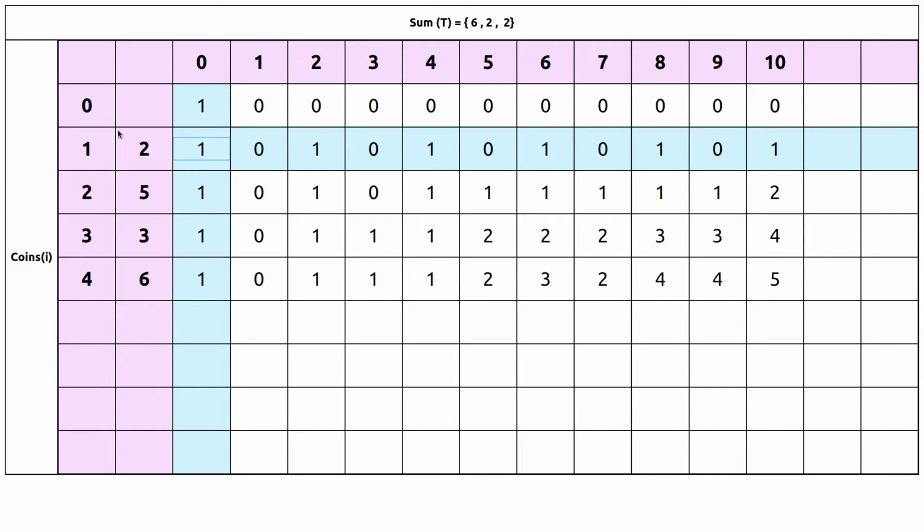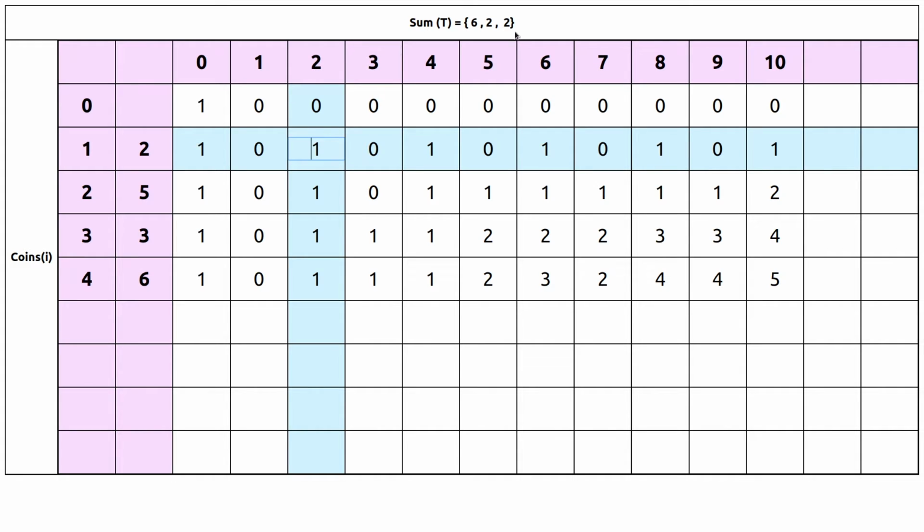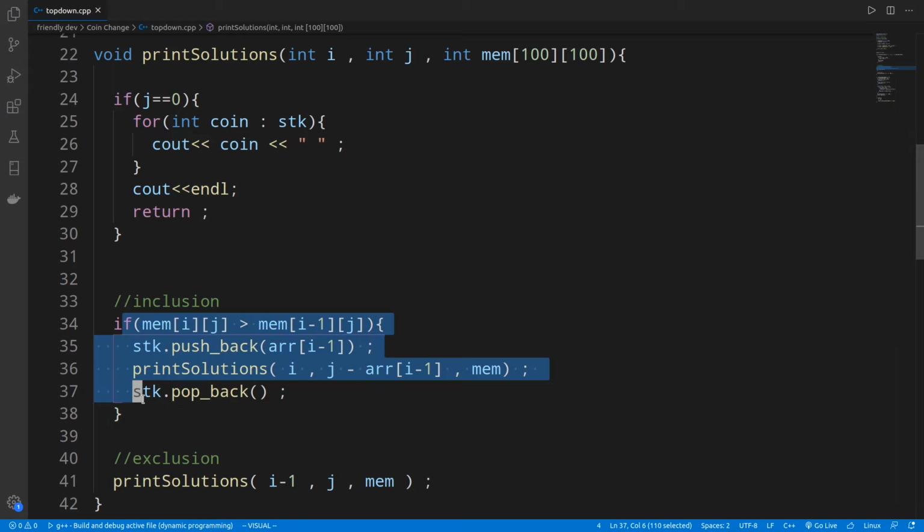Here in this example, once we return from here after printing from the stack, we go back to the line after the function is called. So we return to this line from this call. Once we are done with that path, we pop the last item. What was the last item in the stack? The last item will be popped from the stack. So this is one path.